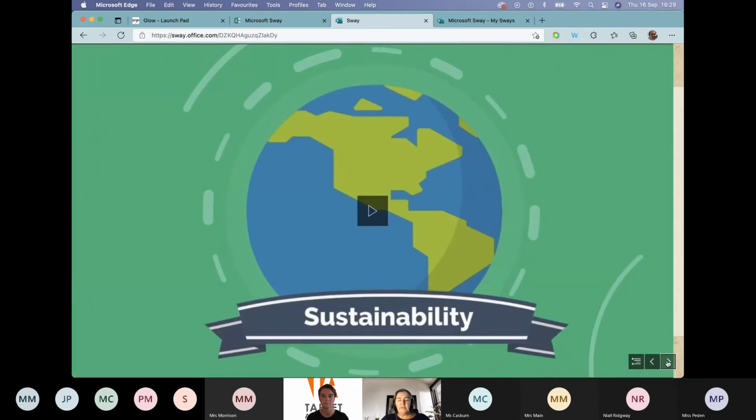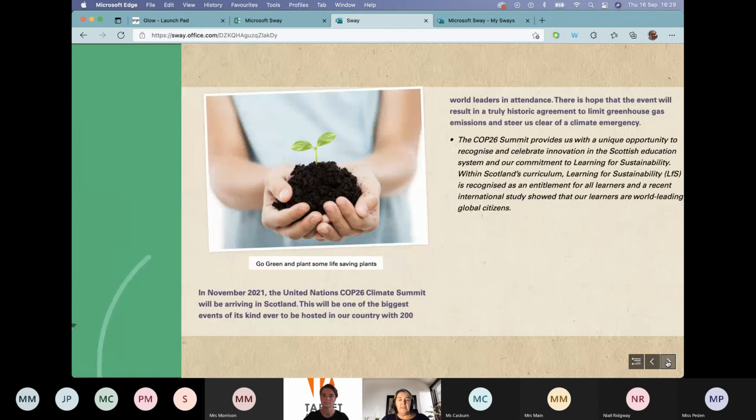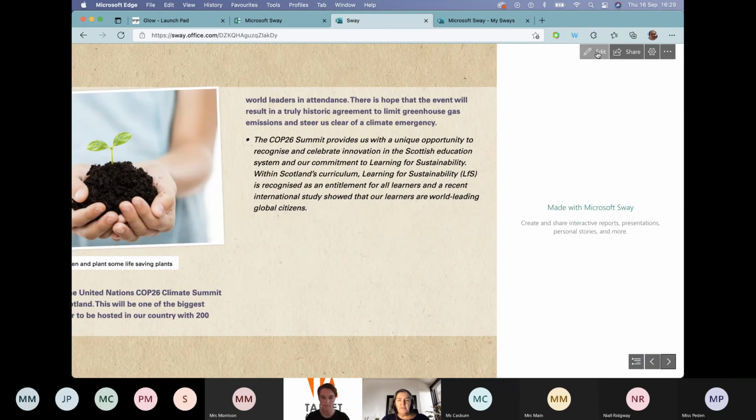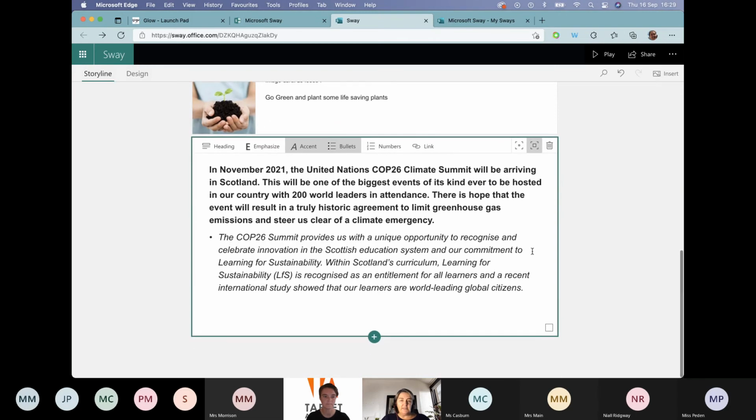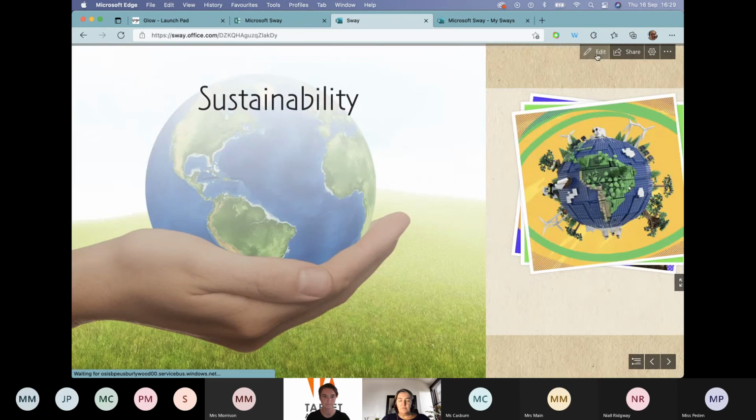I think one of the other things that's great about Sway is you can't break it. It saves automatically for you, so you don't need to worry about saving it. I always try and get my learners to just have a go, have a play with it, see what it looks like, and already we'd be thinking, this doesn't look particularly great. So there's nothing that you can do to break Sway, and that's one of the things that I love about Sway. At the moment, here you go, this is a small size. If I make it bigger, it would just make the text bigger and it would stand out a little bit more. And if I show you what it looks like now,